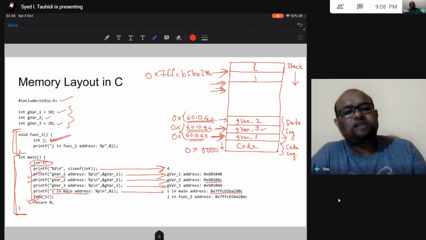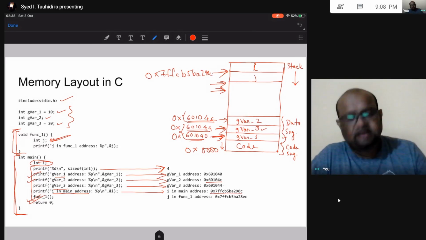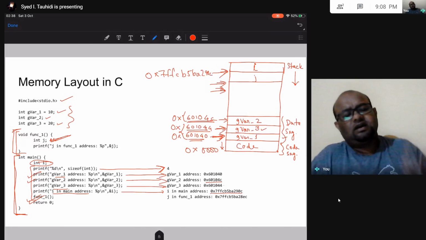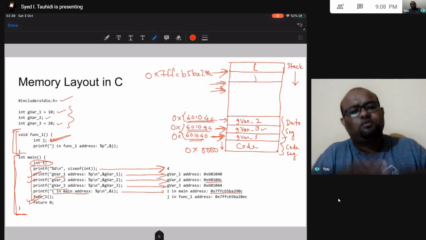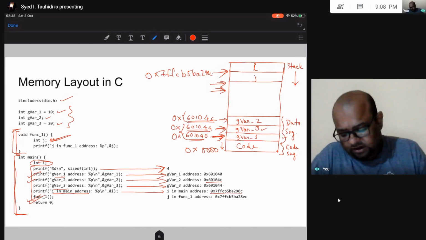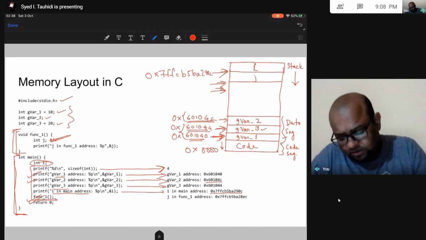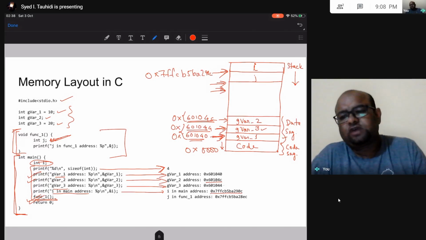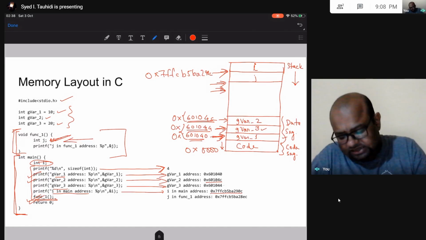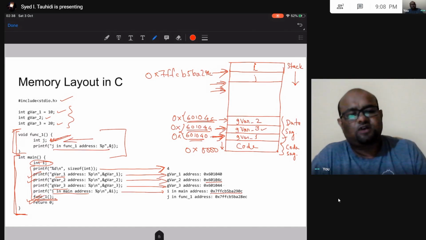Once that function is completed executing, that is automatically removed from the stack. Here I call function 1, so function 1 is going to be executed. This variable j is going to be allocated some memory in the stack, and let us print the address of j.